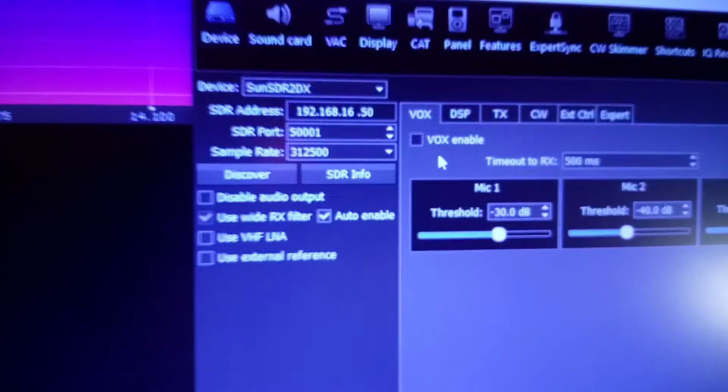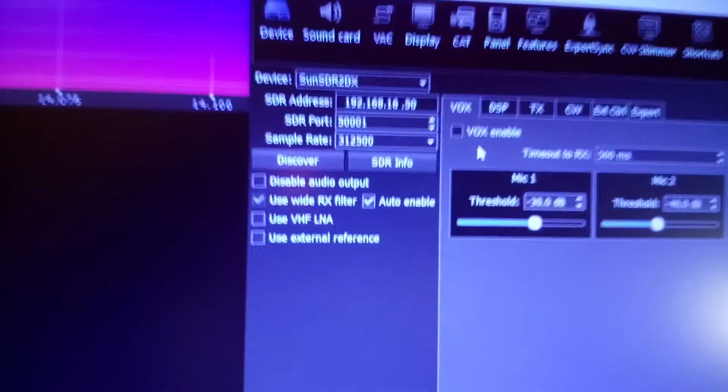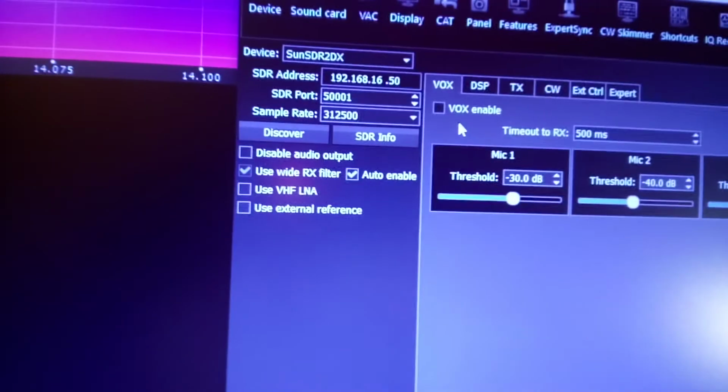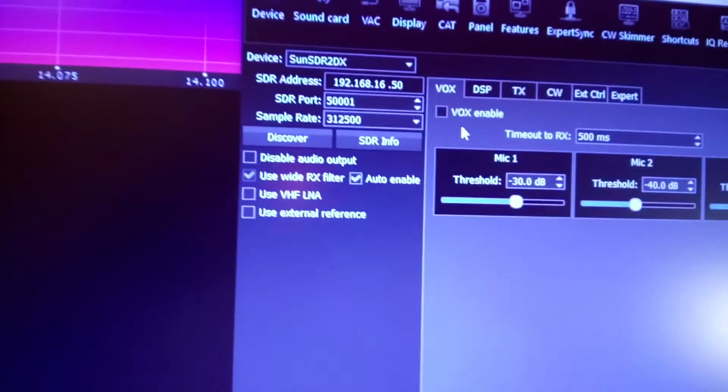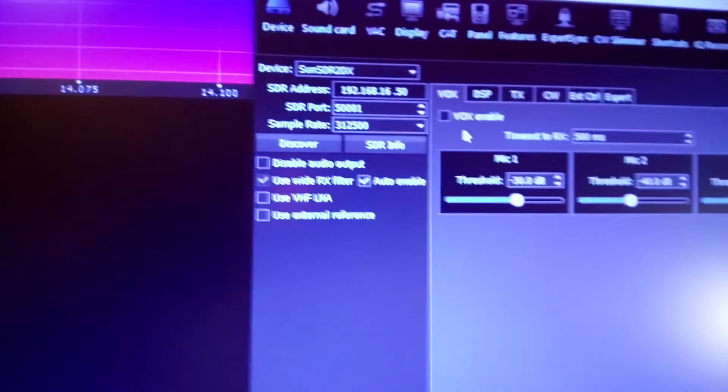Yeah, as you can see now, once I've got this light out of the way, the IP address is 192, it says there SDR address 192.168.16.50, an SDR port 5001. So if I do a discover,